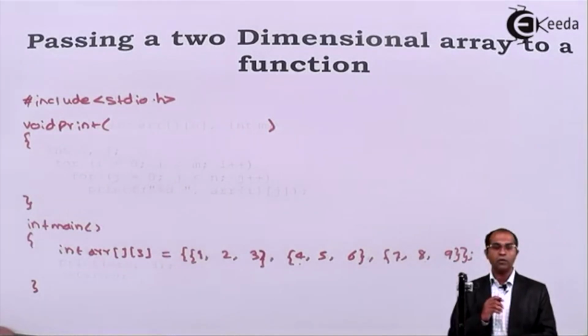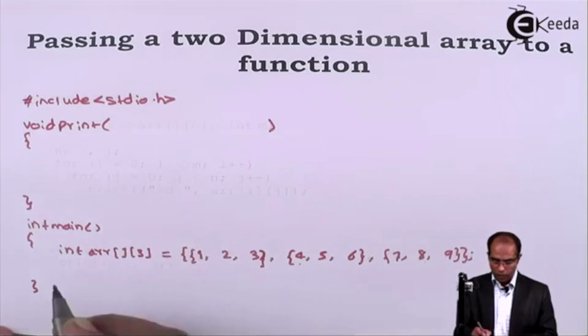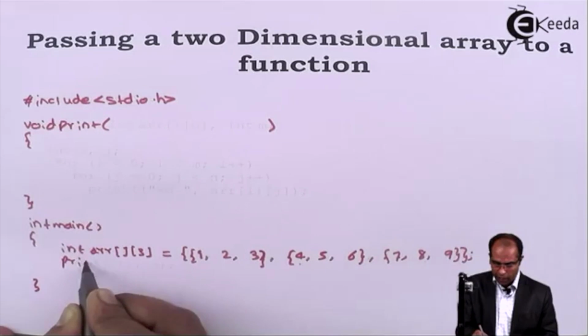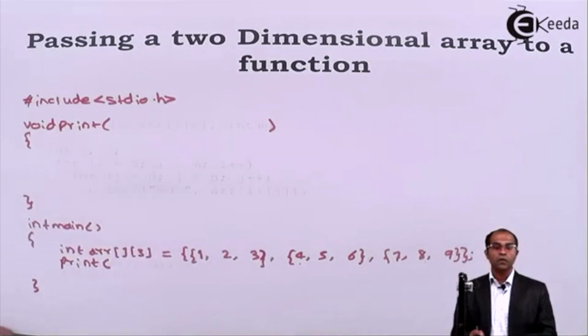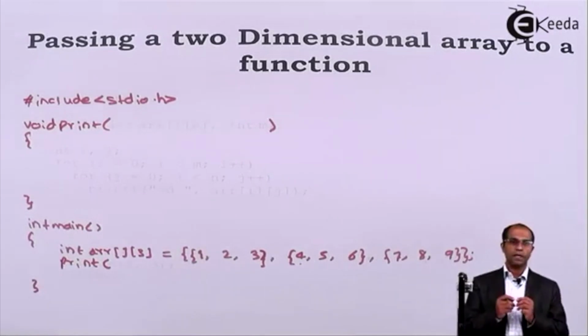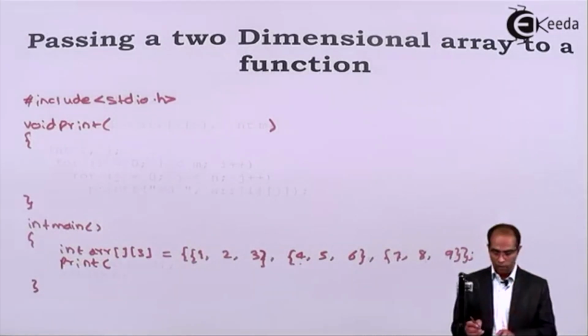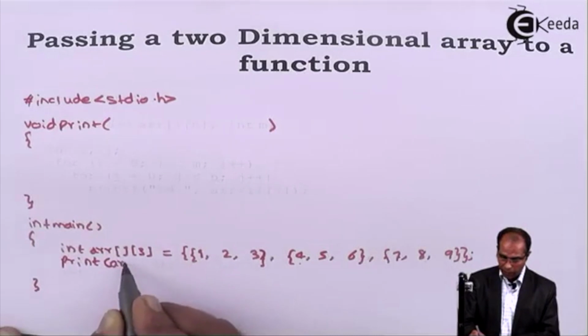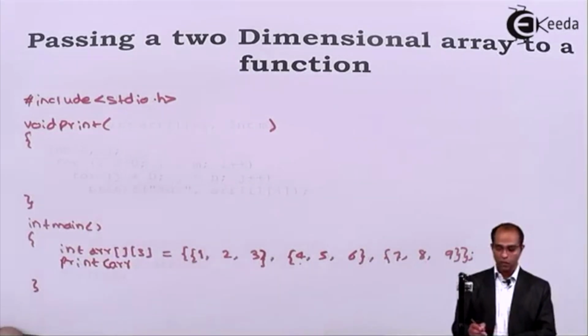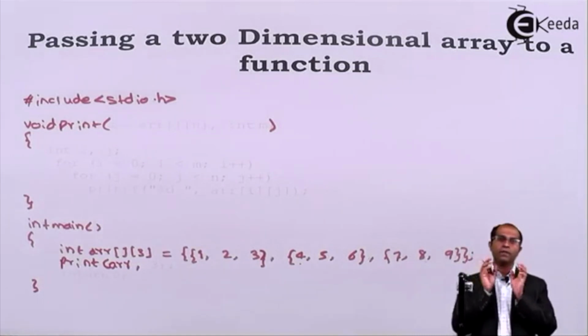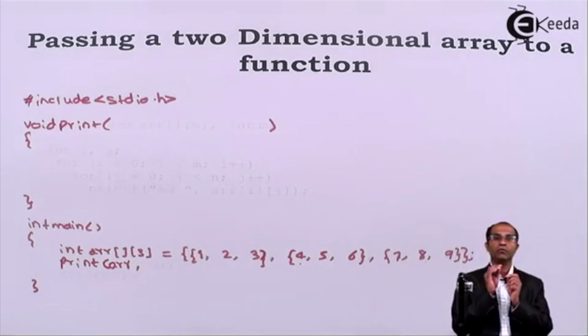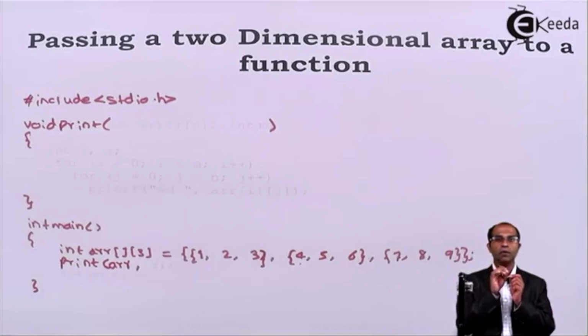Assume that now I want to print all these numbers. So for this, what I'll do is I'll give a call to a function called print by passing what? Whenever a two-dimensional array has to be passed as a parameter, you should send across 2 values. First is the name of the array. What is the name of the array? ARR, comma, then the number of columns of that particular array. You should never send across the number of rows. You should always send across the number of columns.